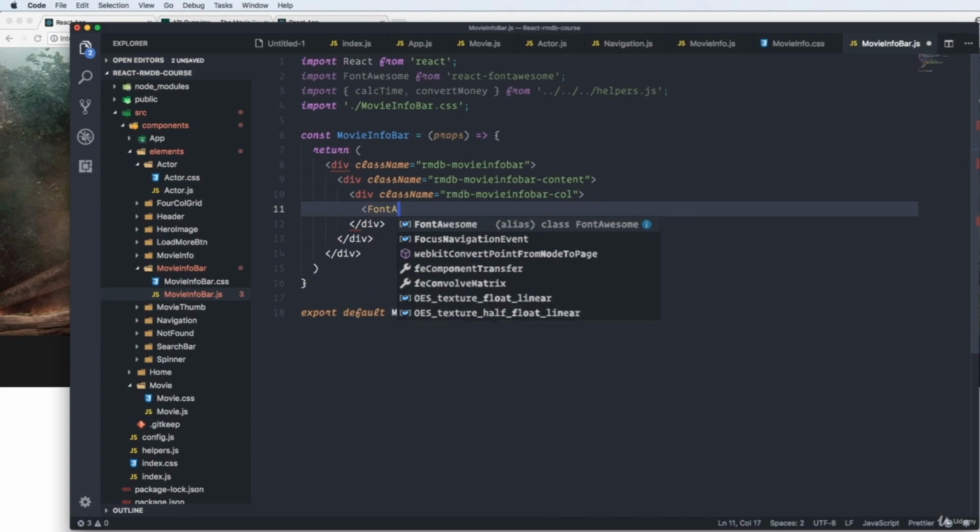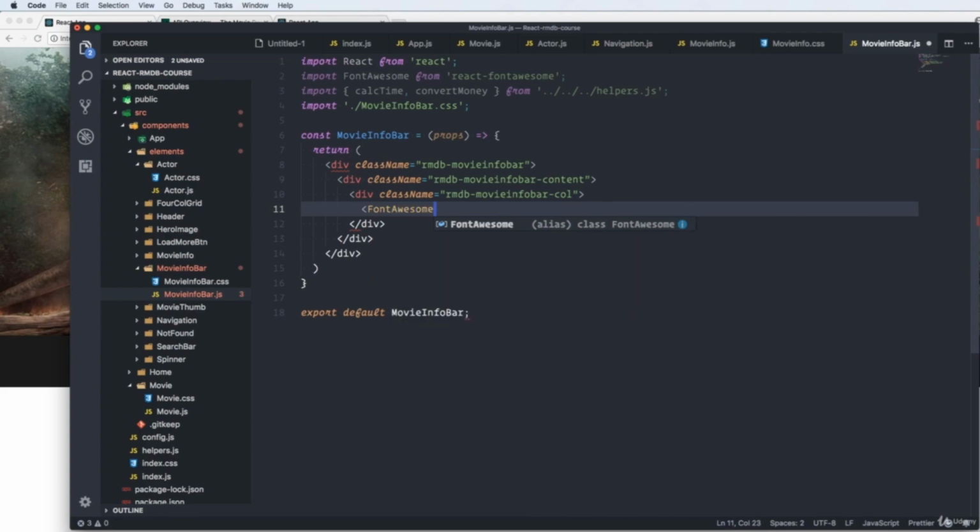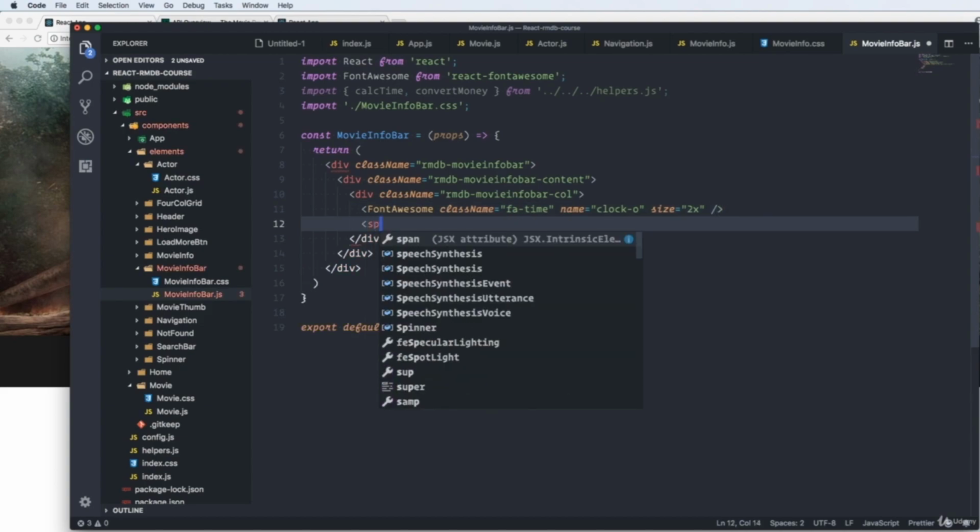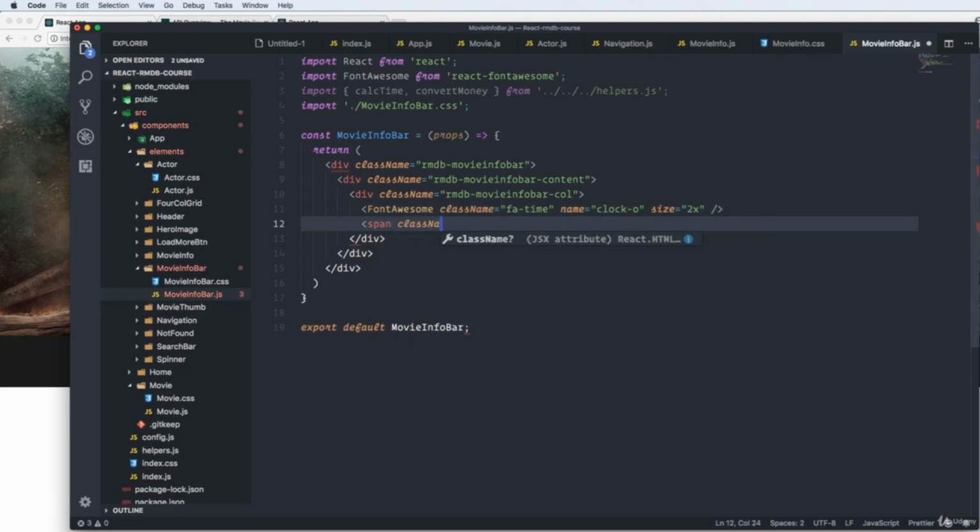First, we have a Font Awesome icon again with a class name of FA time. We have a name of clock O, like this. We have a size of 2 times, and we self-close that one. Then we create a span with a class name of rmdb movie info bar info. We write running time